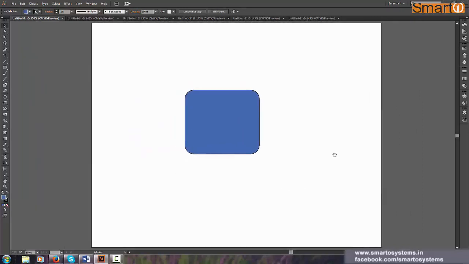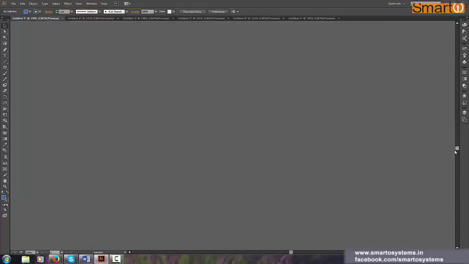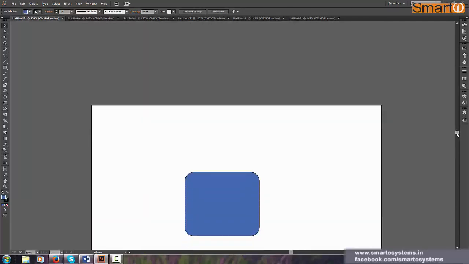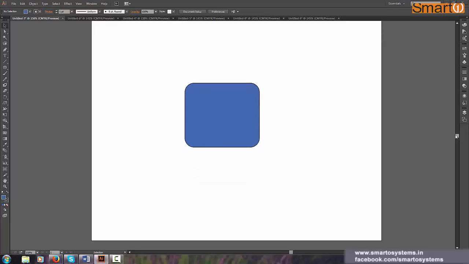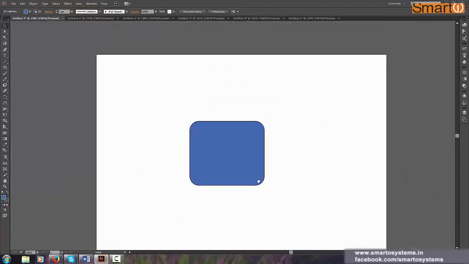Alternatively, you can use the horizontal and vertical scroll bars. That will do the same thing, but the limitation with a scroll bar is you can only navigate in one single line. It's not like holding the space, where you can navigate anywhere you want.